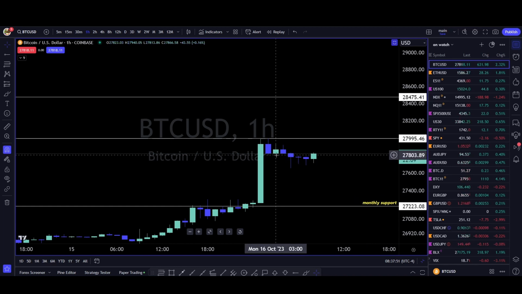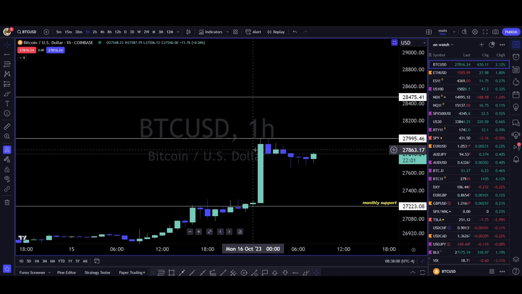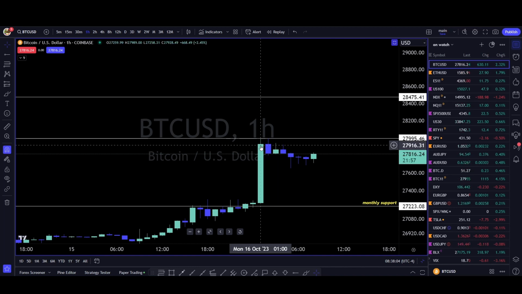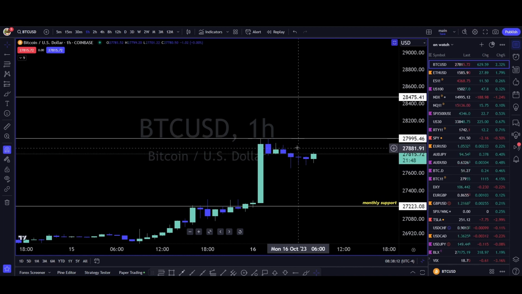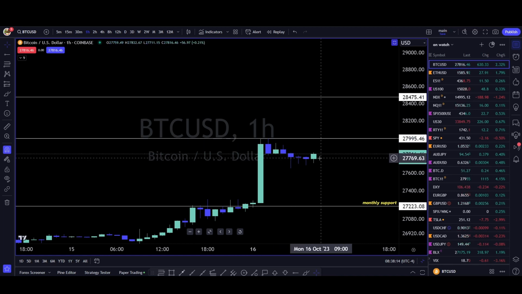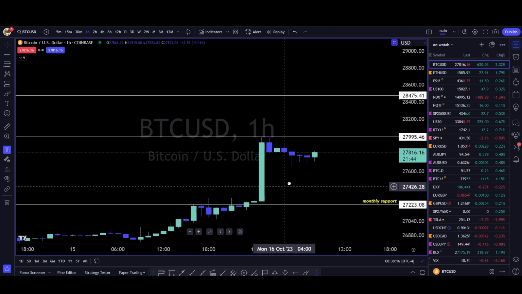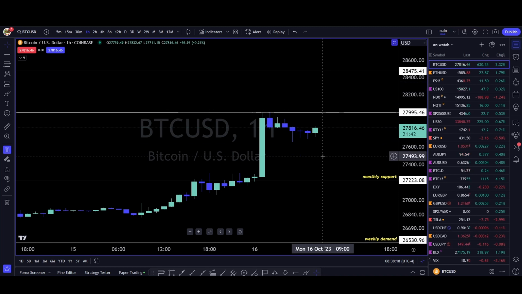But like I said, you have a buy signal currently on the 50 and 200 daily moving averages. You can watch 27,863 if you are on the short side, or this hourly resistance here. If you're unable to close any hourlies above that, then you could potentially look for short entries. But with this kind of price action right here, man, this is the bull flag essentially. So we'll see if Bitcoin can get above that daily resistance, get above 27,800.